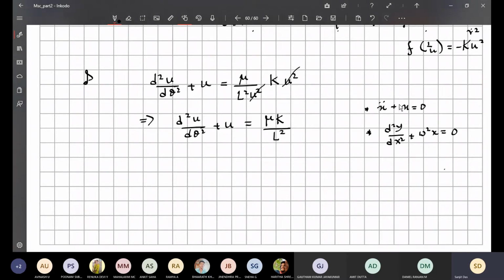I have given two formats of these equations. One double dot means I'm talking in terms of time. This is y double prime. If you are happy, I can write it in this format so that you can remember. I'm trying to make you remember these things. Y double prime plus omega square x is equal to 0. This is which equation? There should be omega square y, sir. Sorry, yeah, correct. If I write it, it will be y. Very good. Yeah, thanks, Daniel. Correct. So this will be which equation?